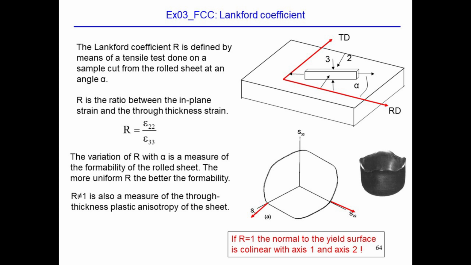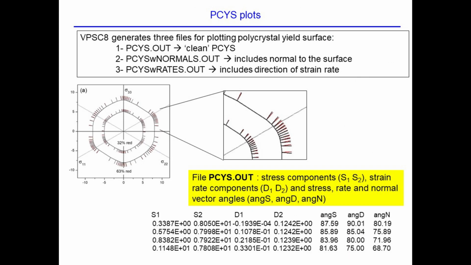So what it means is that if this is the yield surface of your raw material, then an isotropic material will have the normal, which is the strain rate, along the main directions S11 and S22. And deviations of the normal from this direction are a measure of the anisotropy of your material. So the intersection of your yield surface with the axis and looking at the normal at those points is a measure of the formability. Okay, you are going to be testing this, but